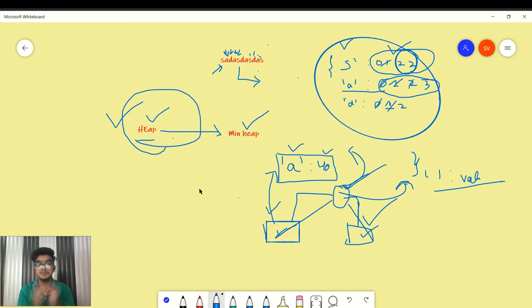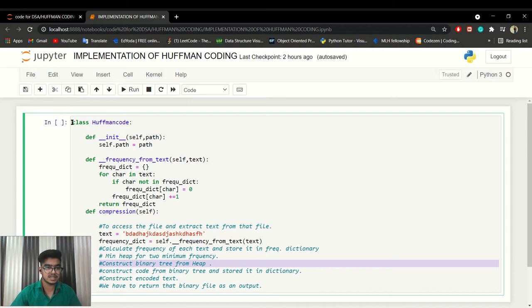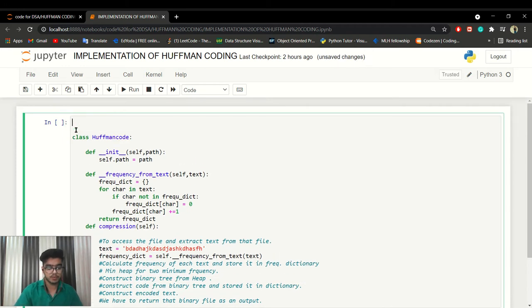And in heap we are storing a binary tree node, and each binary tree node has four things: the key, the value, which is the frequency, the left tree, and the right tree. So how can we do that? Let's understand. And in that portion we are using an inbuilt heap. Okay, so first of all, let's import the inbuilt heap, which is heapq, as we know very well.